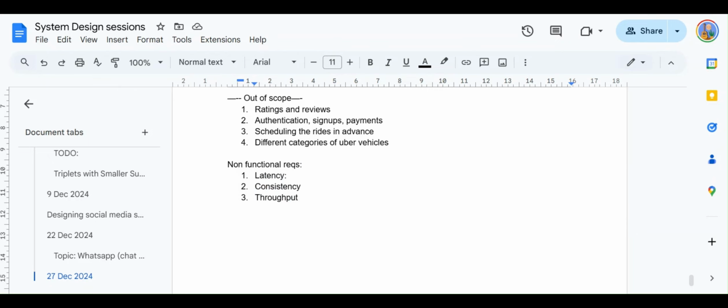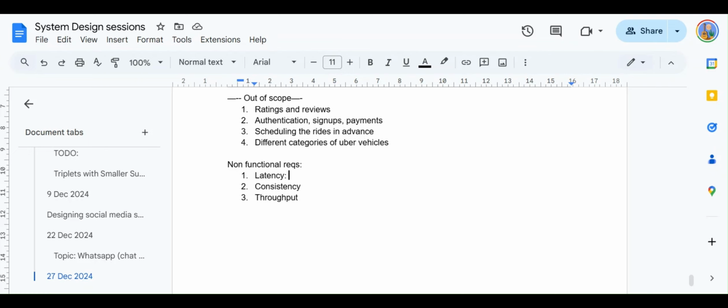So the very first aspect is the latency part. Here the latency is with respect to the matching algorithm. Since we are dealing with the actual customer here, the rider who is the end customer, there should be an acceptable latency for him to get a ride matched, because he will not wait indefinitely.